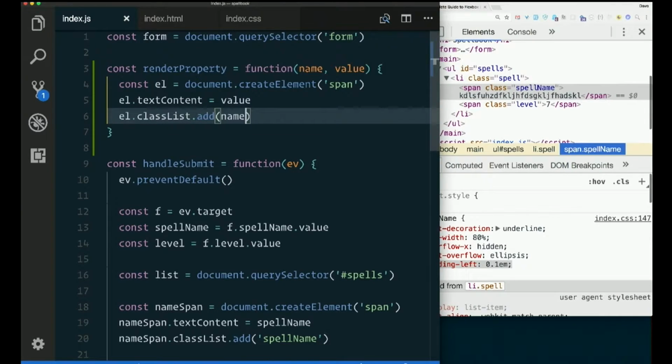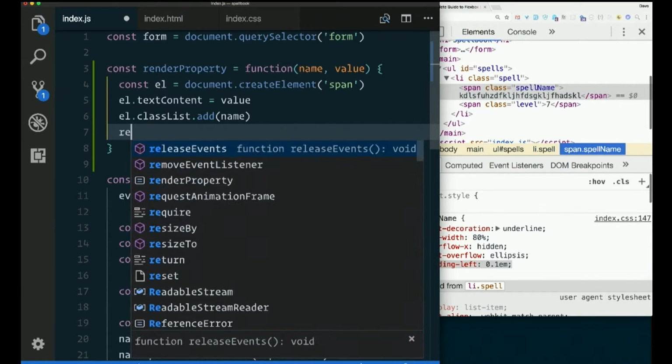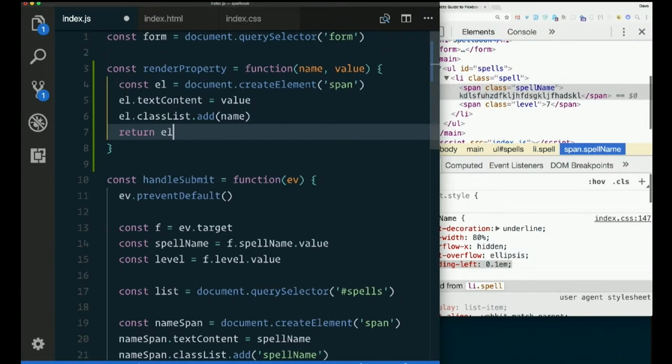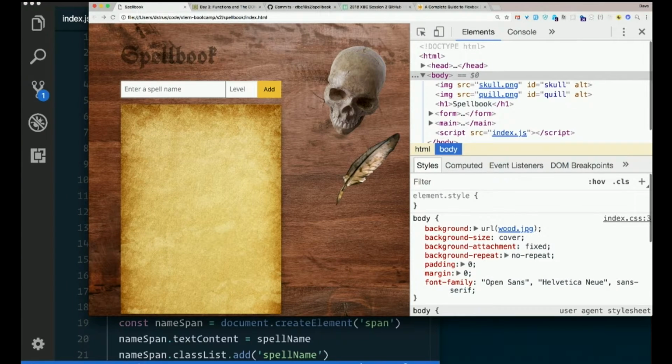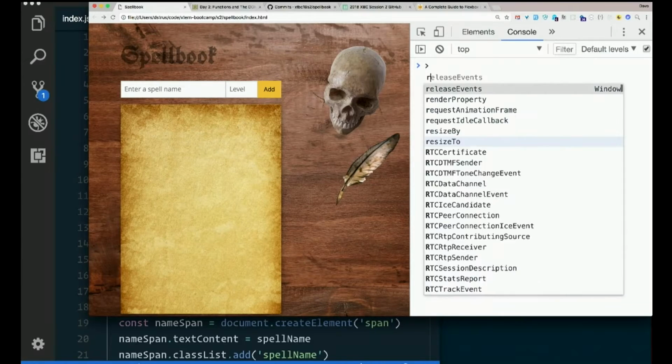Now, right now, what this does is create a span and do nothing with it. Don't forget we need to actually return the span that we build, right? Right now, this doesn't do anything, so let's make sure that we return the element at the end of this. Now, I want to test this function on its own, not worrying about how it interacts with everything else, so I could go ahead and refresh the page and try to call it and see if I get what I expect. So render property,